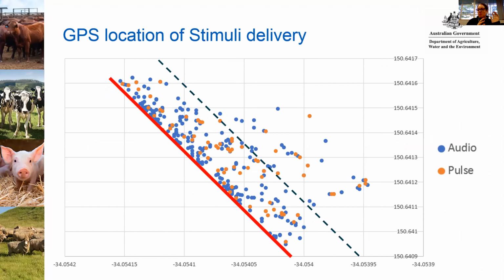So I also just plotted the locations in which the audio and pulse were delivered. As you can see, my red line is the baseline of the virtual fence. However, you can see most of those points are within around 10 meters from that. And it's also important to note that every cow has a slightly different virtual fence based on their GPS